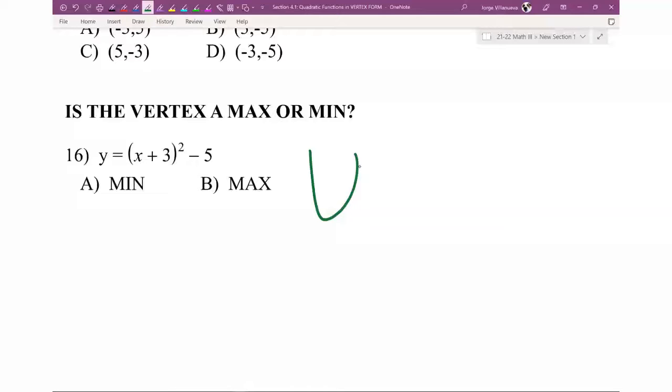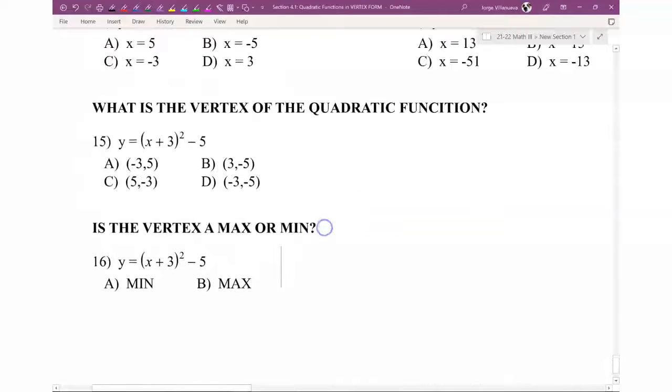Now, if you're not sure about it, go ahead and graph it. Just graph it so you can see, right? You don't have to graph it perfectly, but give yourself a little picture, and that should be good, okay? Number 15 just asks you what's the vertex. You guys should be able to do that, right? Just look at your HK,